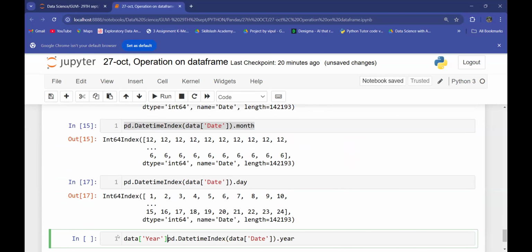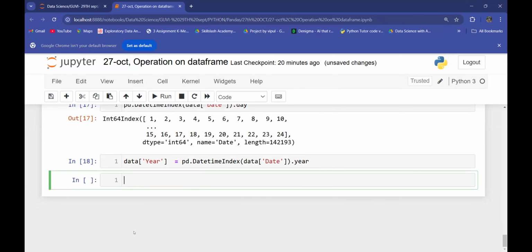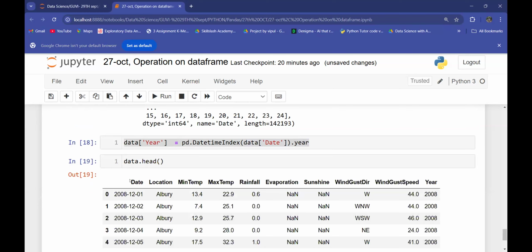This is how you create a new column in your data. And we'll just store that in your year column. If you write down data.head, you can see that we have created a new year column, which will extract the year from this date and which you can see at the end of this data,